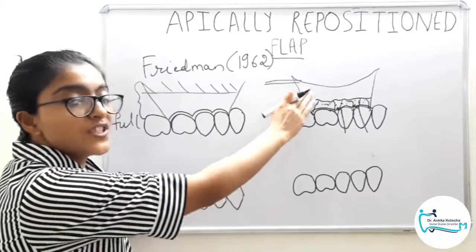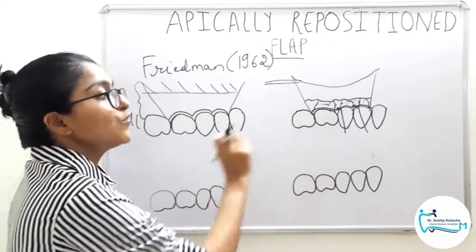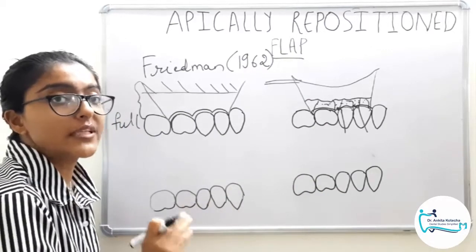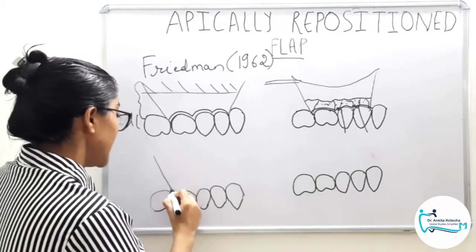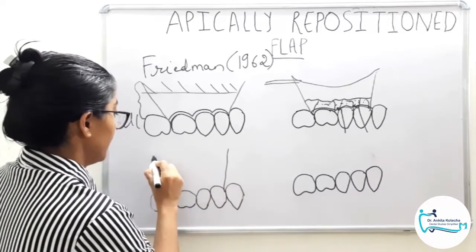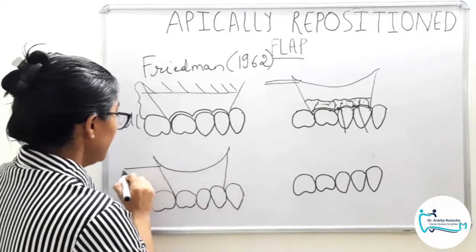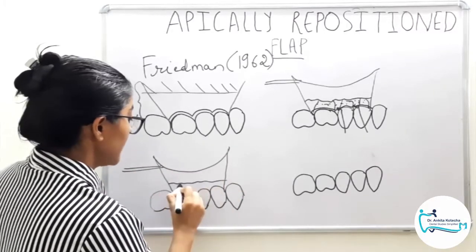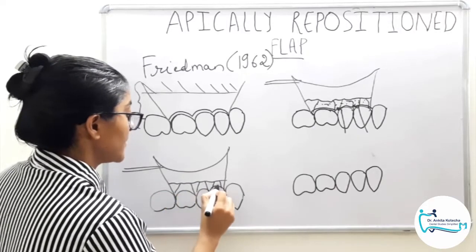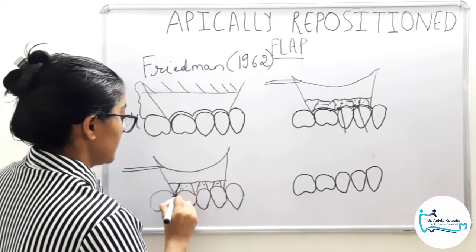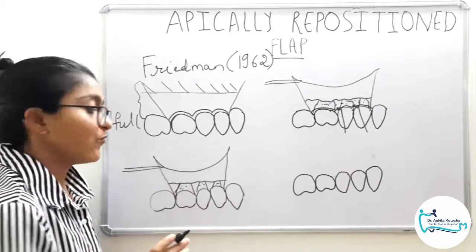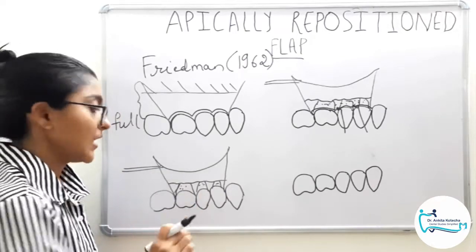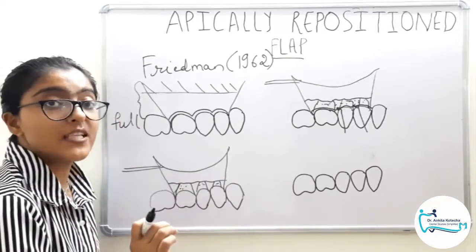So now after the full thickness flap reflection and removal of the collar of the tissue from around the neck of the teeth, our operative site looks like this, with the flap reflected, the bony margins and the root surfaces with the deposits. So our next step will be hard tissue surface treatment, that is scaling and root planing of the exposed roots